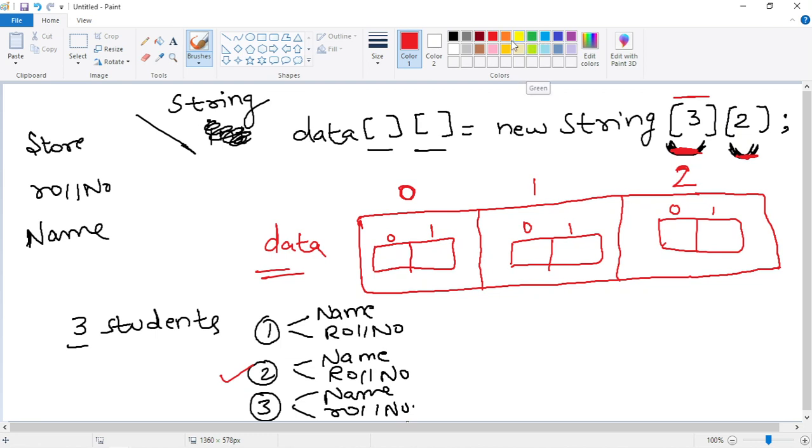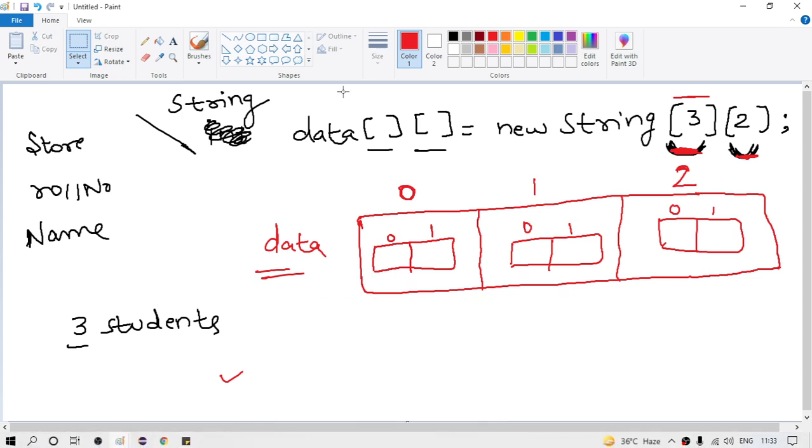So now, suppose we will see how we can insert the data. First, let us suppose I need to insert the data, right? So let me write here again. We have a total of 3 students. So this first block is representing my